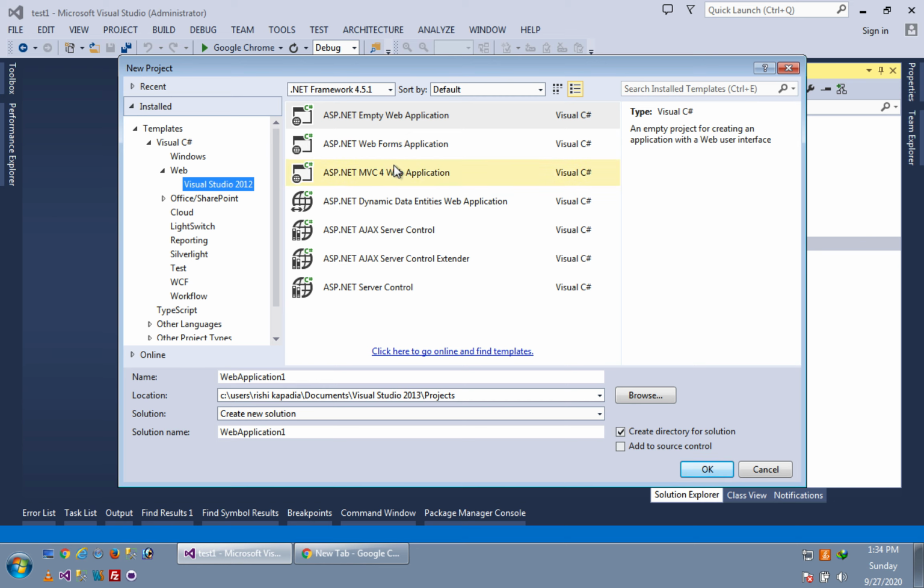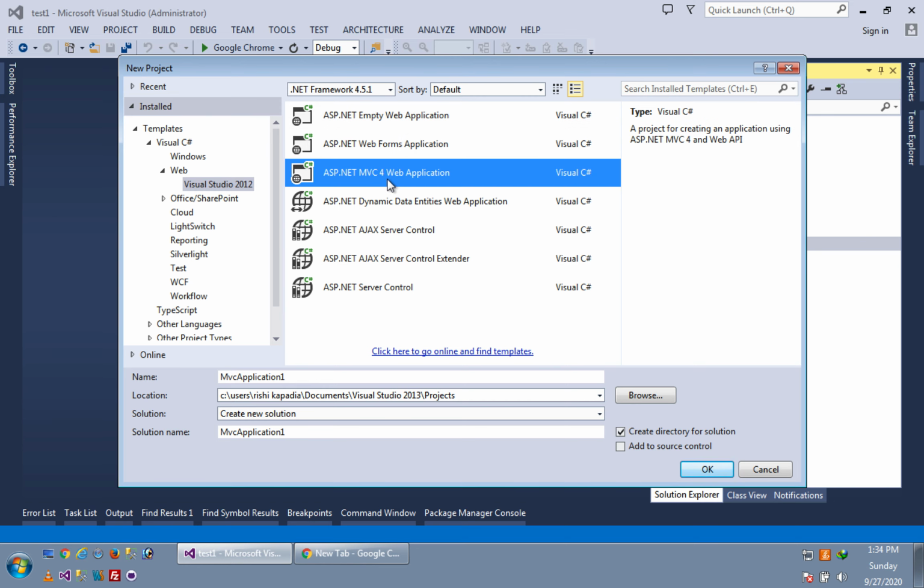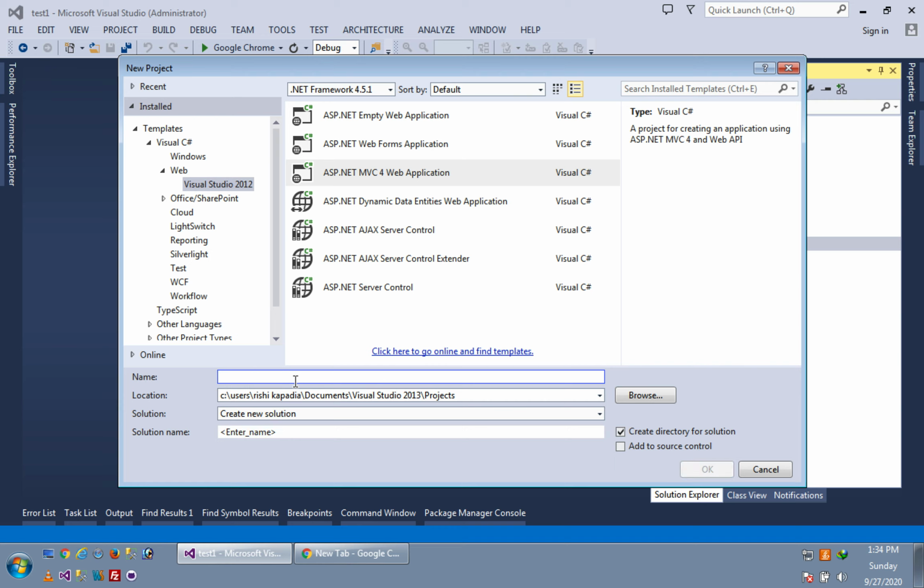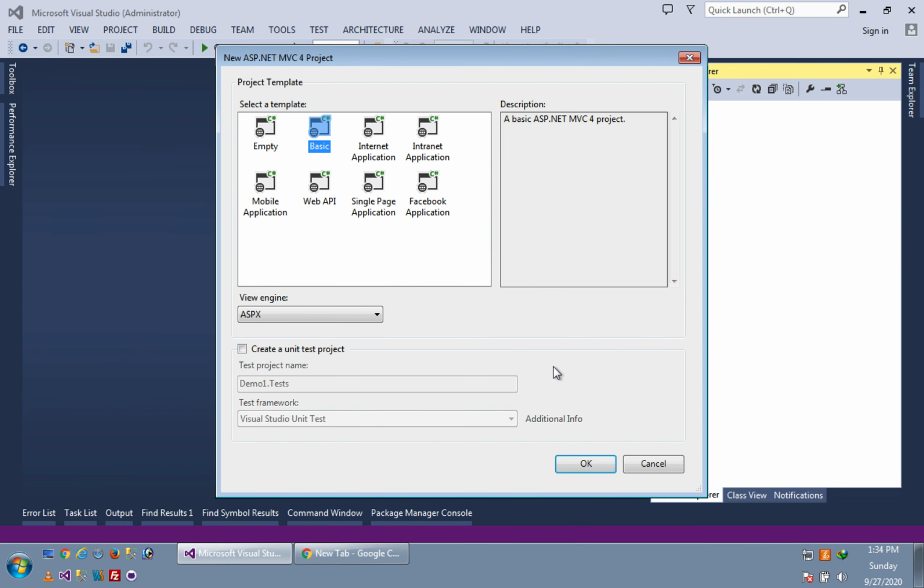Here you can see MVC 4 web application; 4 is the version of the MVC framework. Here I am giving it the name demo 1.